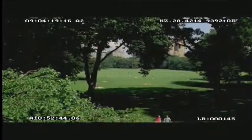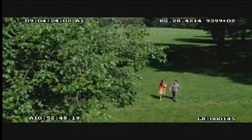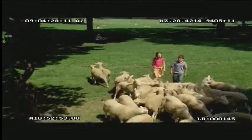Well, it was difficult to get sheep into Sheep Meadow because sheep are not allowed in Sheep Meadow anymore. It's a public lawn, and they don't want sheep poop to mess up the lawn. So what we did is we actually opened up the gates of Sheep Meadow, and we created additional green grass 20 feet beyond the edge of Sheep Meadow to create the appearance of sheep in Sheep Meadow. And then we brought real sheep in, 24 real sheep, that would run into the frame, and the kids would part